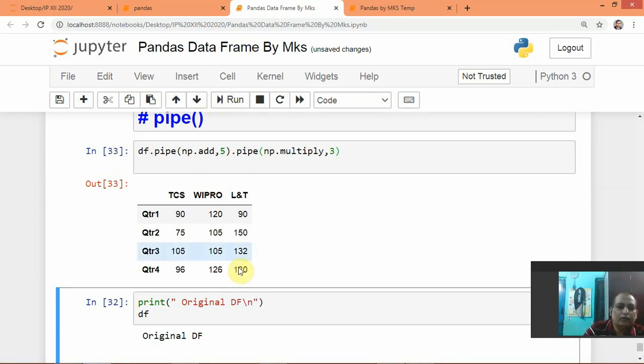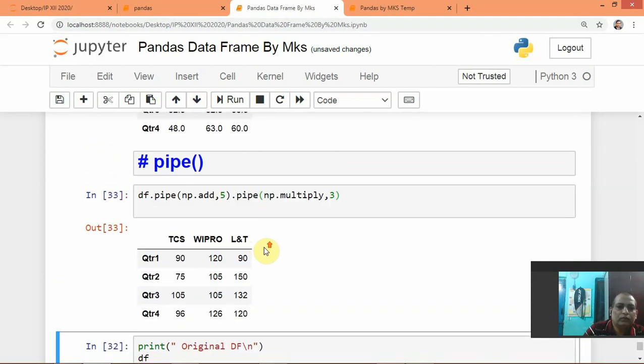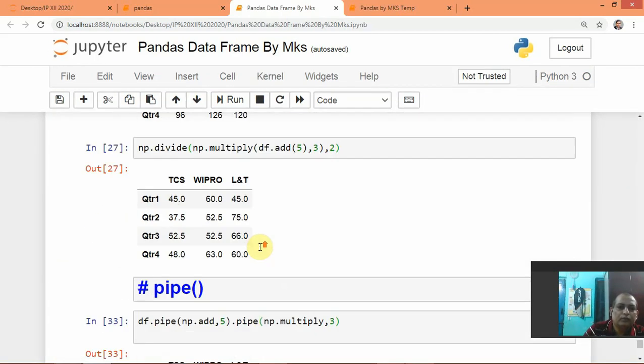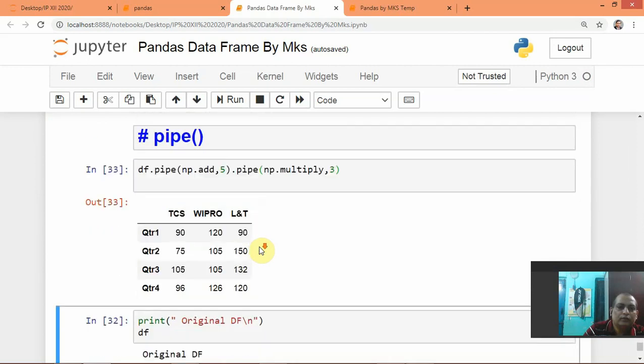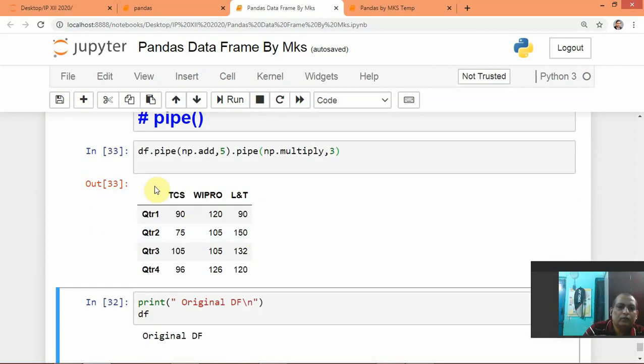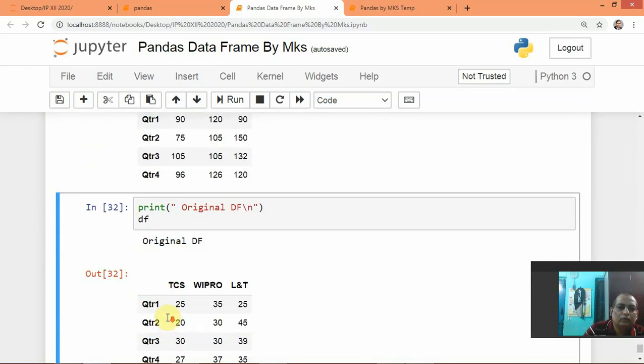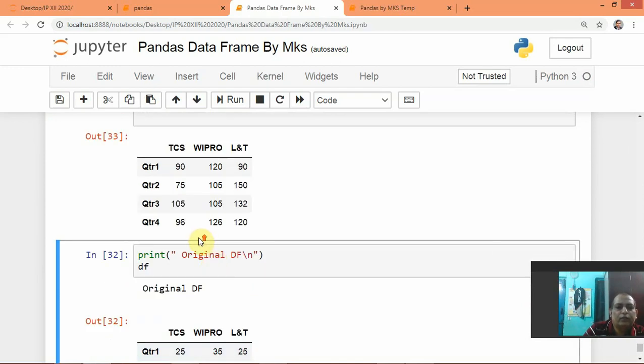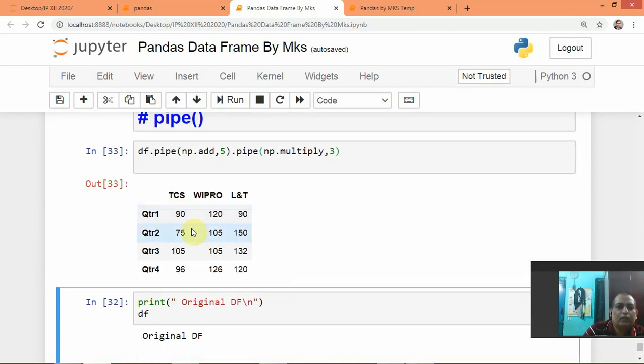Here you can see it added. The original data frame has first element 25 and now it is coming 90.